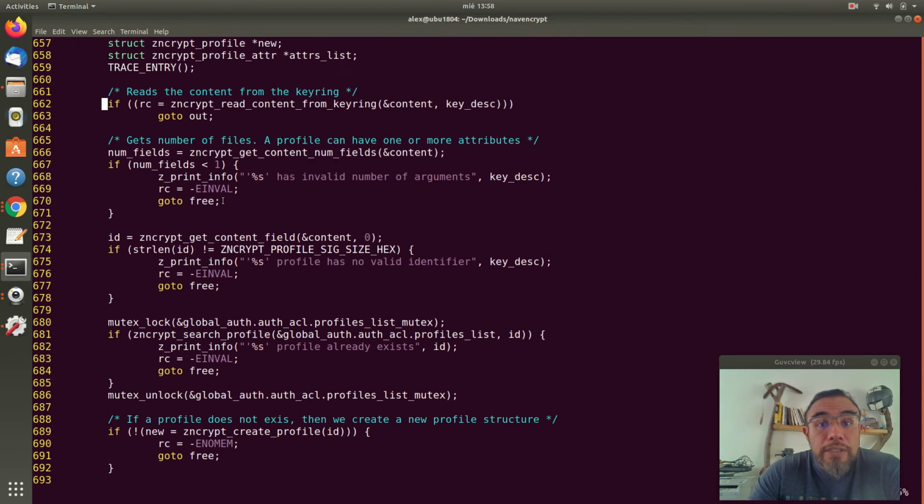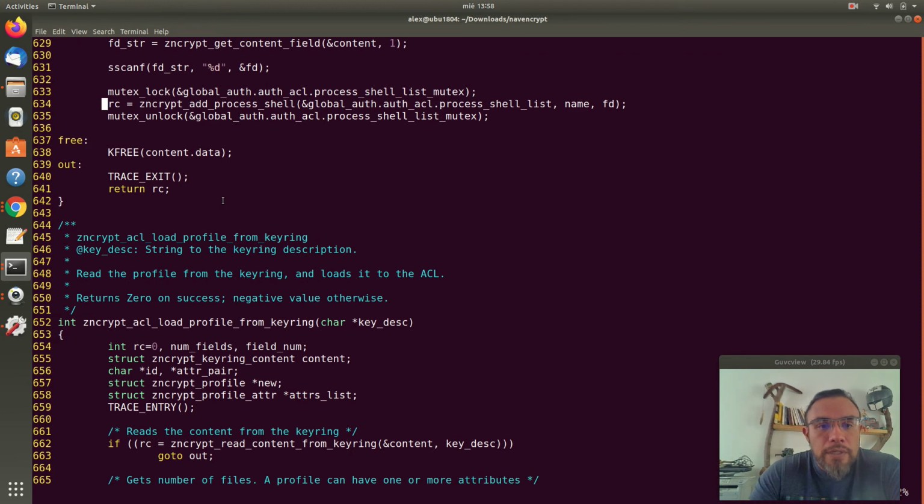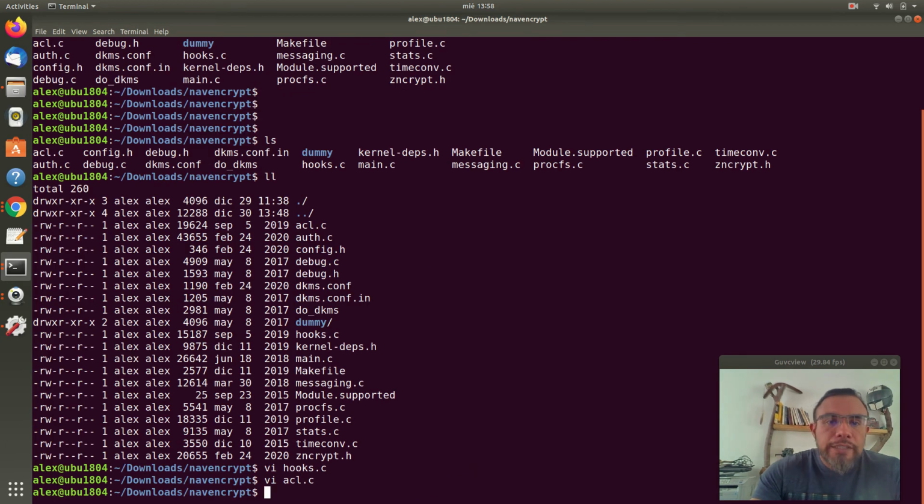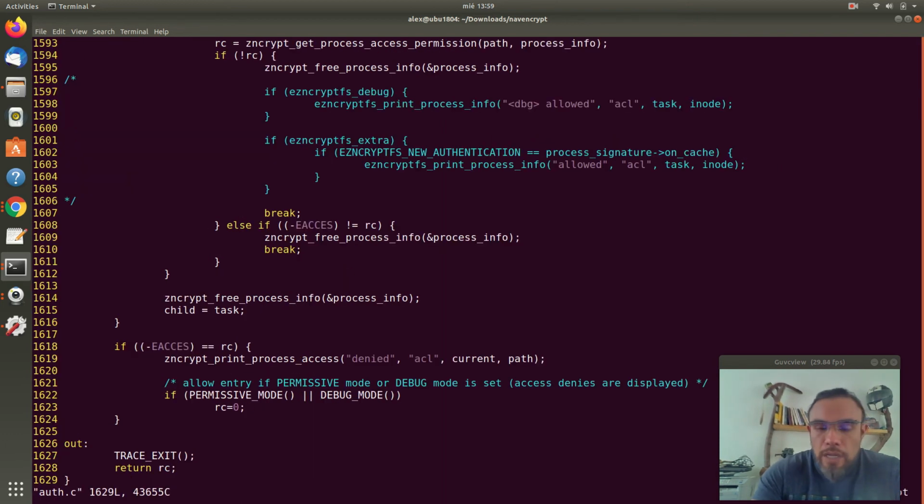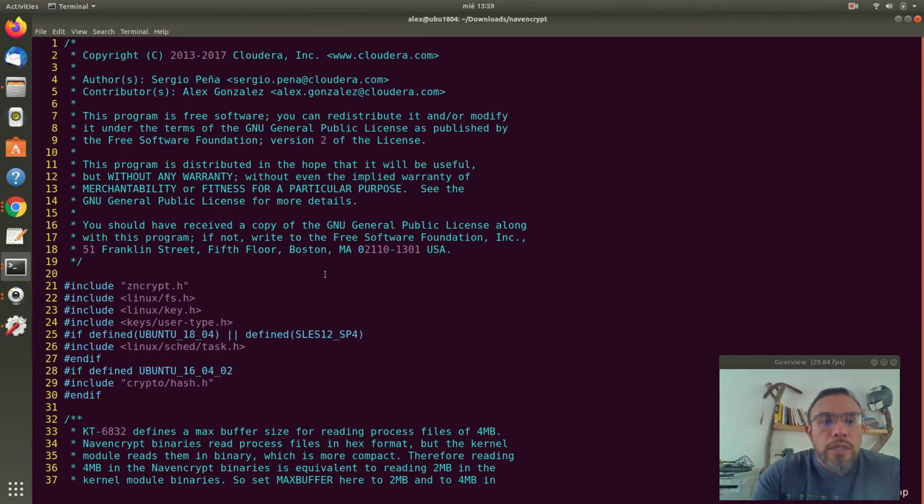And those are the basic operations that we can have with the ACL. Now, this is just to create or to do operations with the access control. It's saying what processes are going to get the fingerprint, where the fingerprint is going to come from. Maybe it's going to come from the keyring, and when we can add an ACL rule or remove an ACL rule. But the real authentication operations are done on the